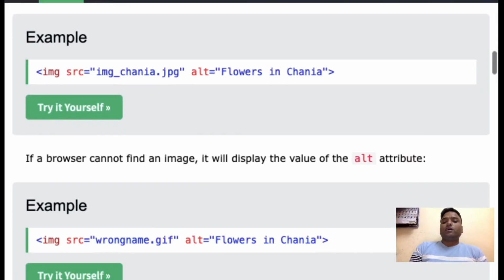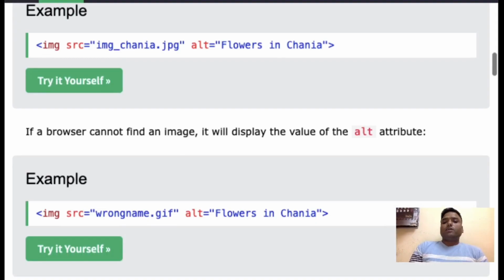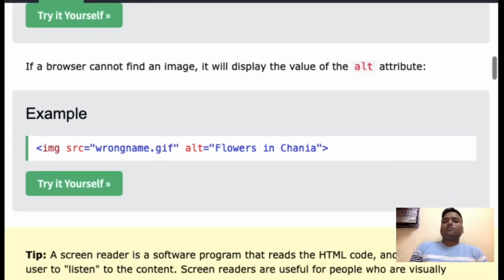And if a browser cannot find the image, it will display the value of the alt attribute. So here image source attribute and the image path. See, image path is wrongname.gif and alt text is flowers in Chania.